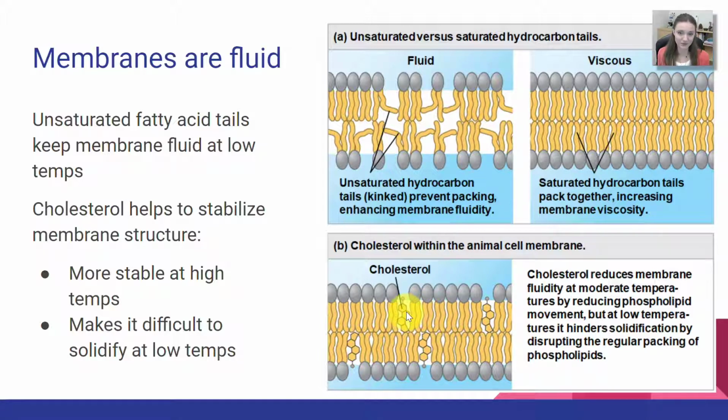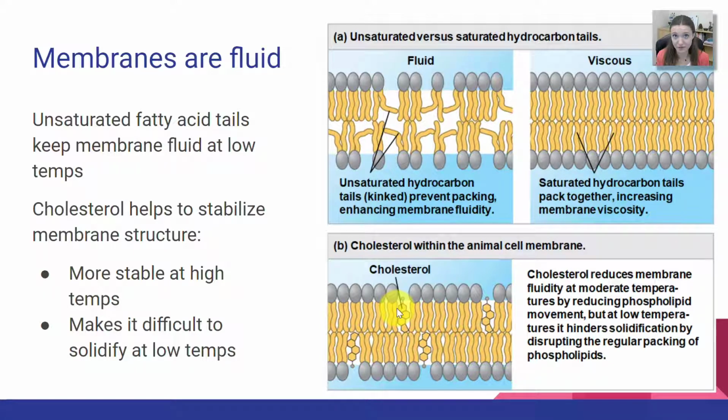These cholesterol molecules help to basically maintain fluidity. At low temperatures, they keep the membrane from packing together too tightly and basically becoming a solid. And at higher temperatures, it keeps the membrane stable. Okay, it keeps it all connected together at higher temperatures and keeps it from dissociating. So the cholesterol in the phospholipid bilayer helps to maintain the integrity and the fluidity of that membrane at